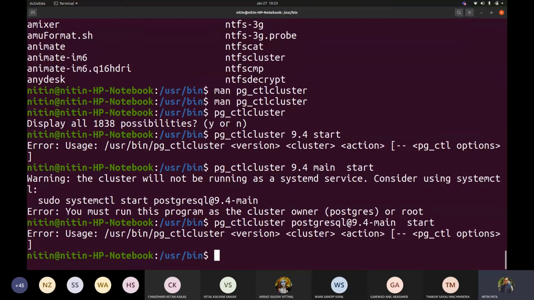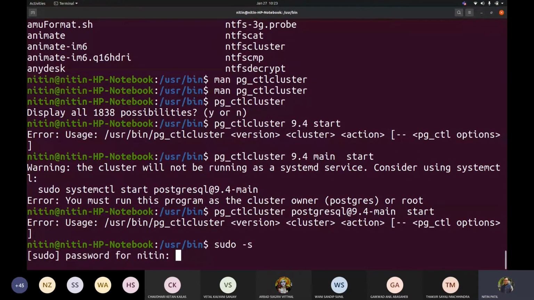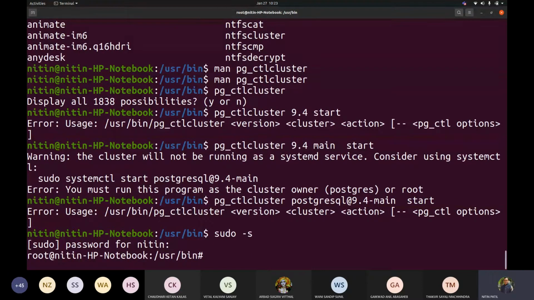Okay, so let us write sudo -s as root and fire this. So pg_ctlcluster, start, fine, and then what?